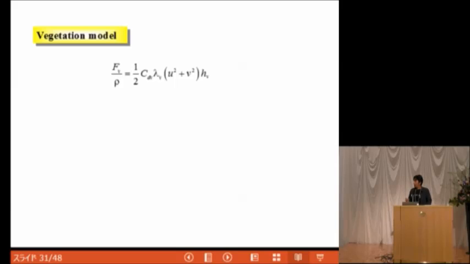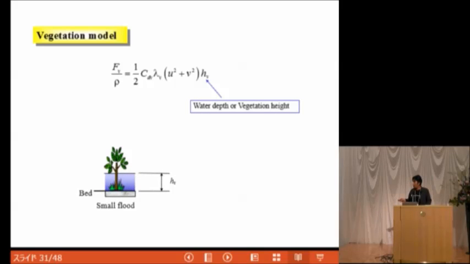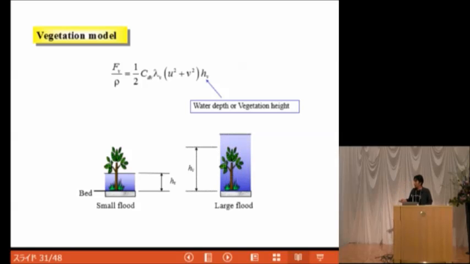So in these calculations, we didn't consider the height information of the vegetation. But in order to estimate the drag force of the vegetation, we have to consider the vegetation height when the water surface is lower than the top of the vegetation. So we can use the water depth to calculate the vegetation drag force. But when the water surface is higher than the top of the vegetation, vegetation height should be used to calculate